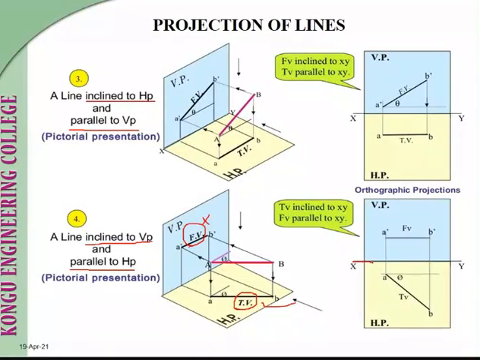Okay, that means you have to draw a horizontal line with the XY name. After that, you have to create a top view. You can pick a point from anywhere, and that will be marked as A, and you can create a line with the angle theta that will be available in the problem. This line length is available in the problem, and you can mark it as A and B. Next, you have to create traces from A and from B. Now you can connect these two traces, and also name them A dash and B dash. So this one is our front view.